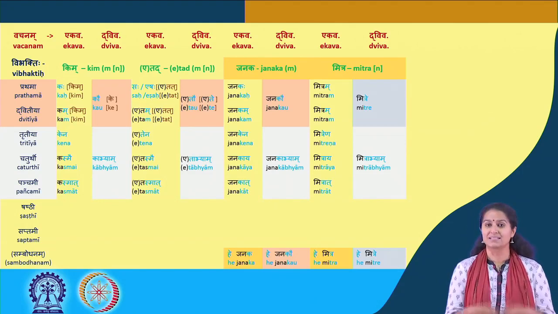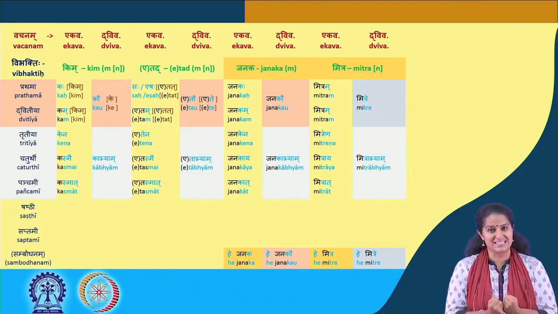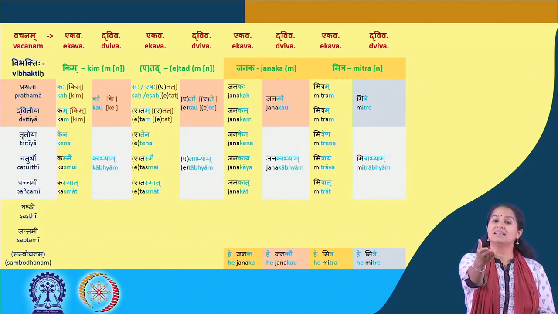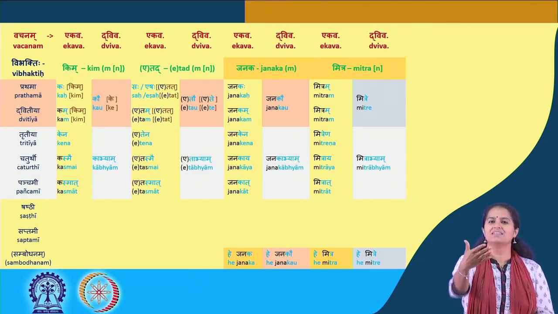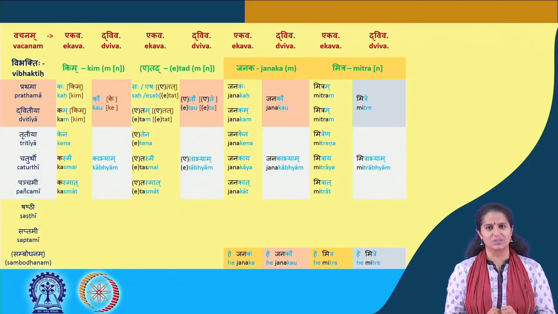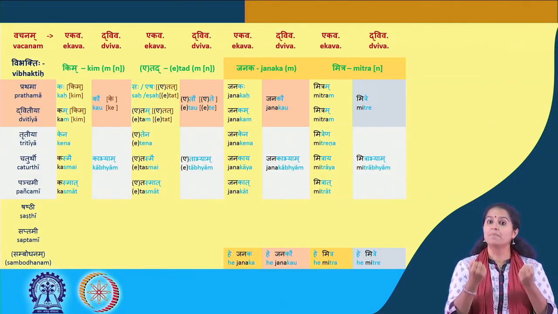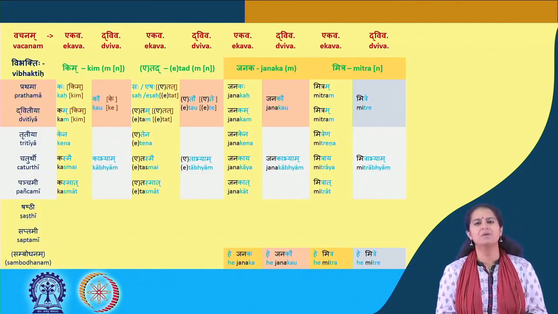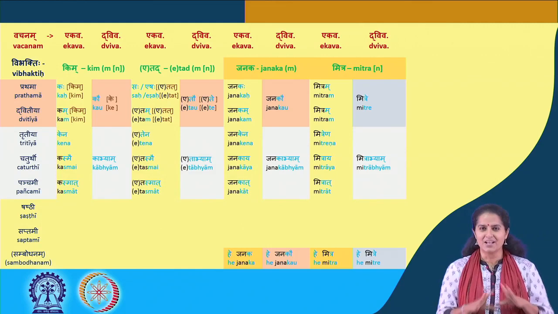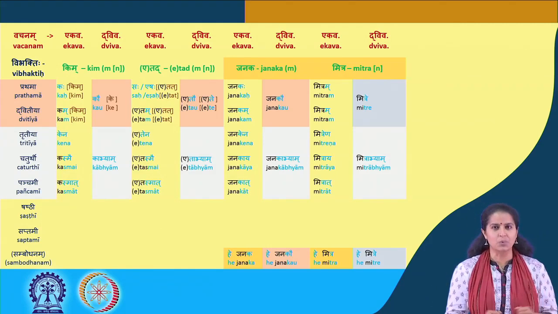And in the fifth case, kasmat swikaroti. From whom does he take? From the two of them? From one of them. So tasmat janakat swikaroti. The whole sentence in the dual now. Kabhyam swikaroti, tabhyam janakabhyam swikaroti. Alright, so we've seen it up to here. Now let's do a quick recap till there.